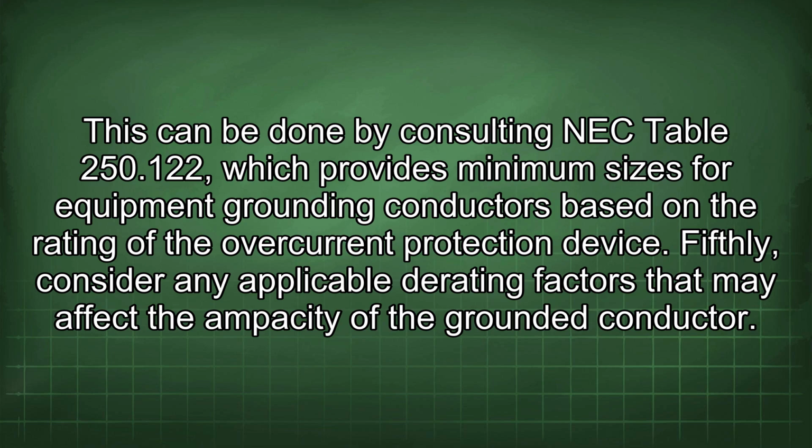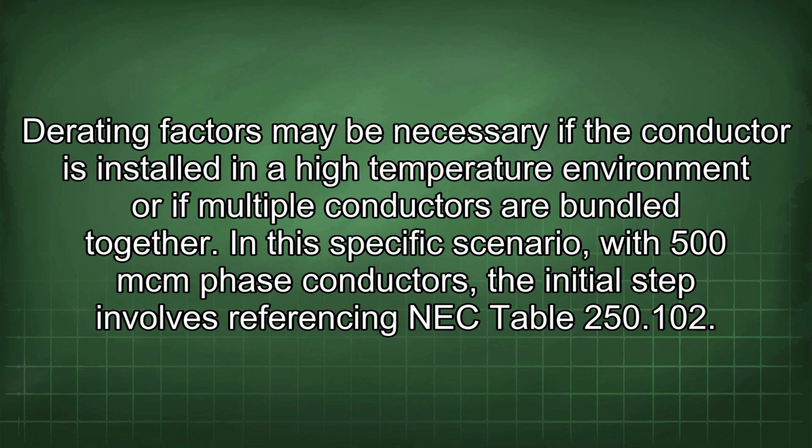This can be done by consulting NEC Table 250.122, which provides minimum sizes for equipment grounding conductors based on the rating of the overcurrent protection device. Fifthly, consider any applicable derating factors that may affect the ampacity of the grounded conductor. Derating factors may be necessary if the conductor is installed in a high-temperature environment or if multiple conductors are bundled